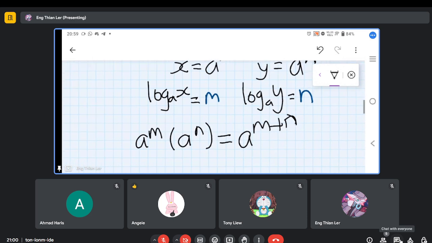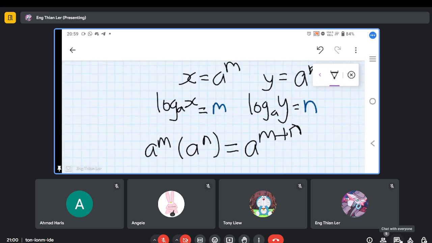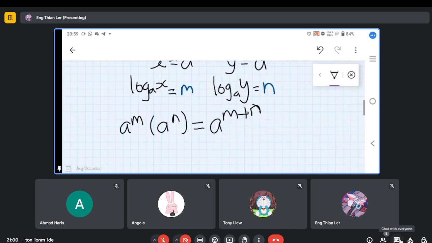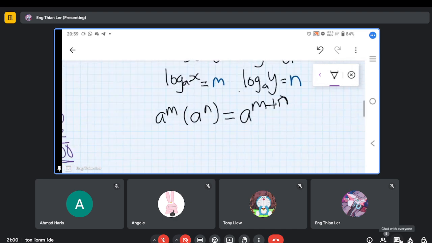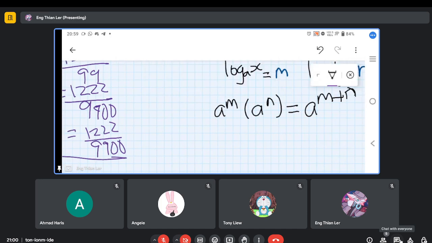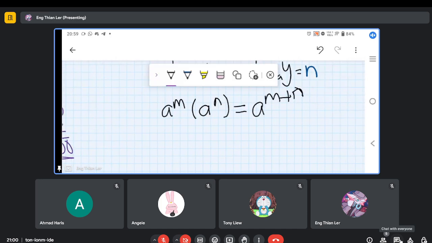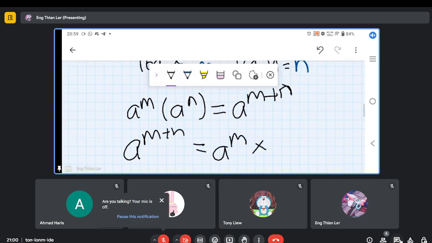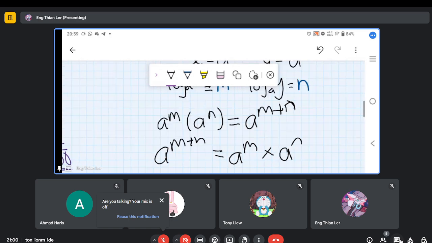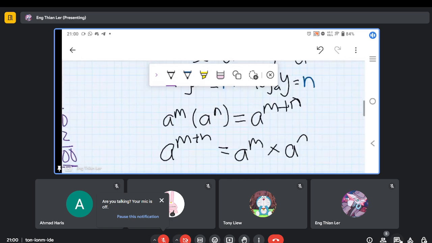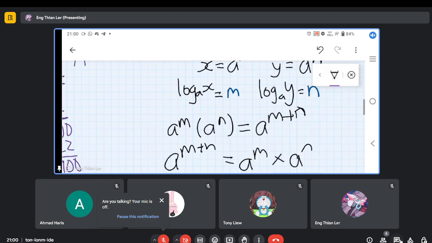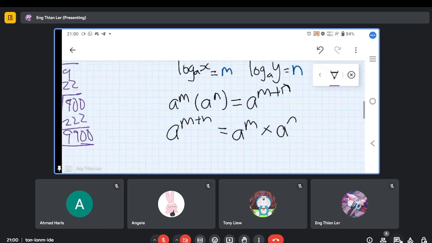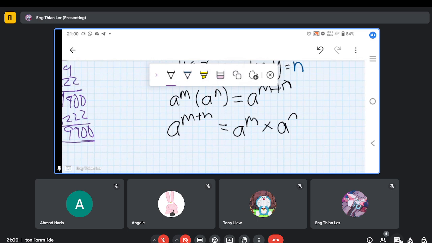There you go. Yeah, when we took the log, we're going to write this at the left side. a to the power m plus n equal to a to the power m multiplied by a to the power n. And then if we take the log of both sides,